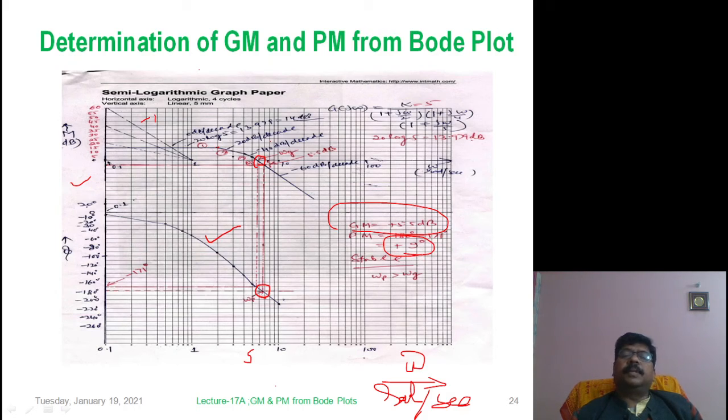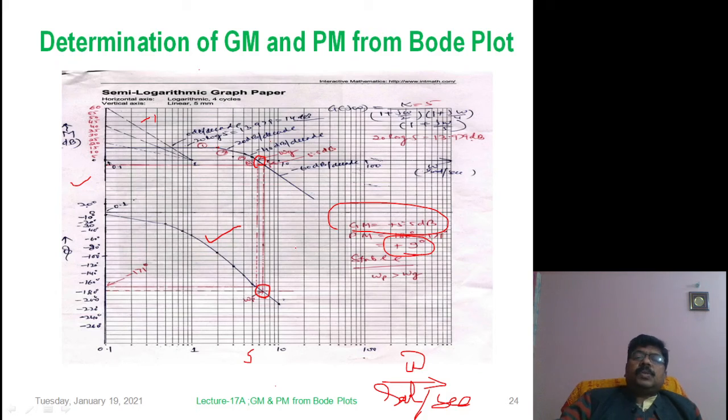So the phase margin available is 9 degrees, while for this case, since it is a minus, you have to change the sign. So the available gain margin is 5.5 dB. So the gain margin is plus 5.5 dB. The phase margin is also plus 9 degrees, and you know that this is the phase crossover frequency and this is the gain crossover. From here you can very easily see that the phase crossover frequency is greater than the gain crossover frequency. So from here you can directly conclude the system is stable.